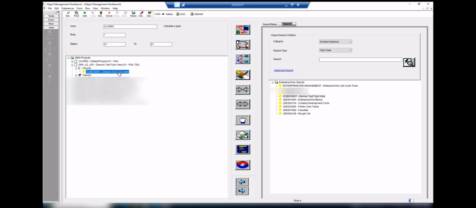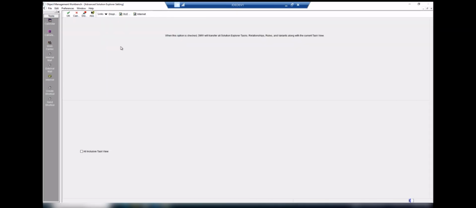What we need to do when we're going to manage task view promotion is go up to row, and we're going to click on advanced, and we're going to go down to Solution Explorer settings. You will not have access to this unless your security officer has granted it to you. So it is important that you check with your security officer and request Solution Explorer security. If you're granted that security, you will see this menu option, at which time, if you click it, you will